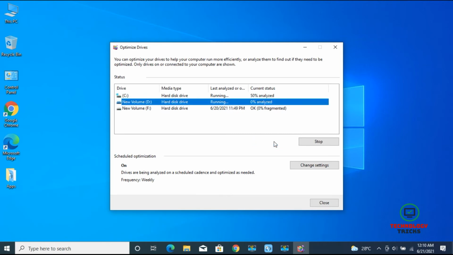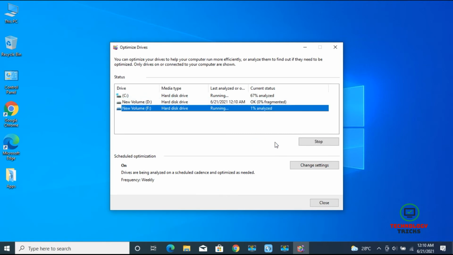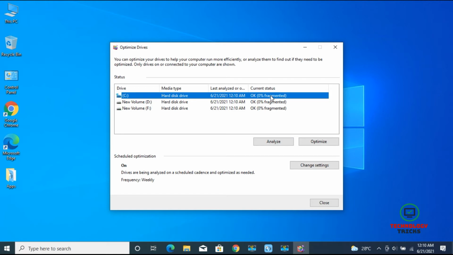Just do the same with the second one and third one. You can see my status is fragmented, my all drives are fragmented, so it doesn't require any kind of optimization. But in your case, if you find 2%, 3% or 10%, 15%, just optimize it. You have to do it like this: click on the drive and press the optimize button. So the process has already started. It's going to take its time, depending on your system performance.